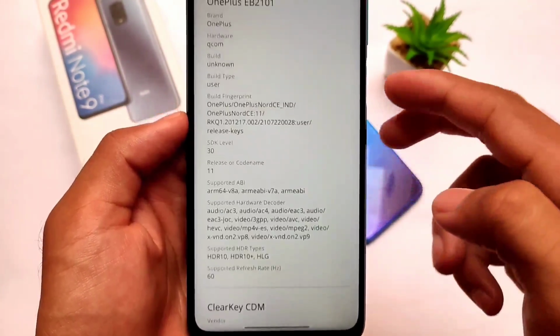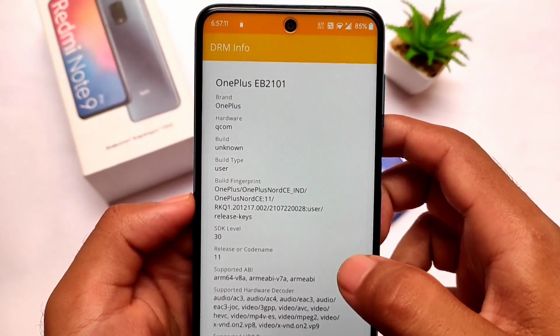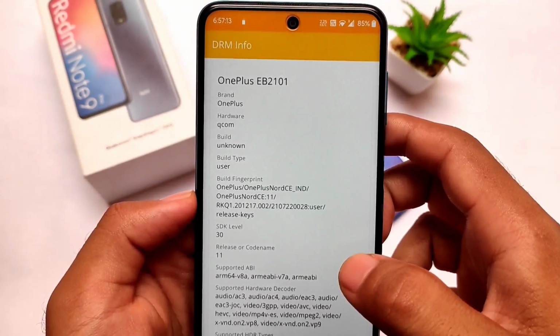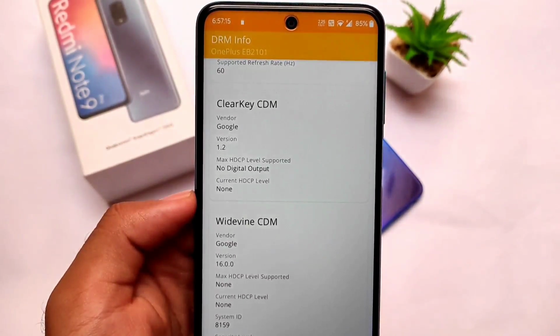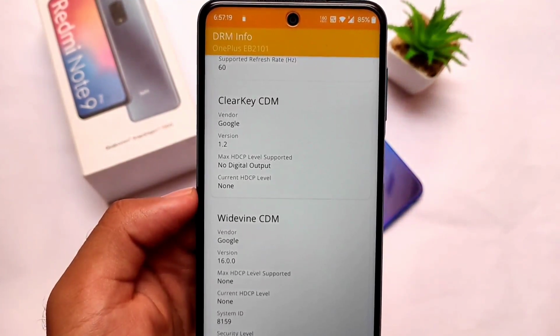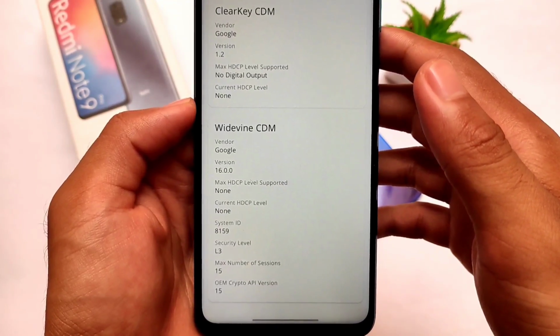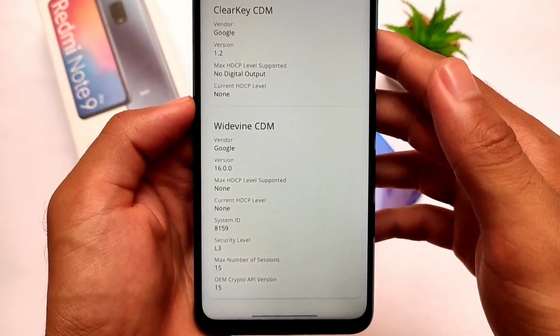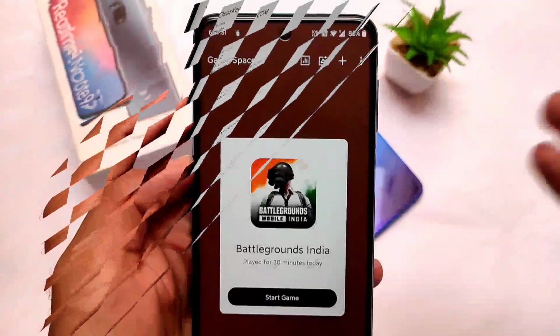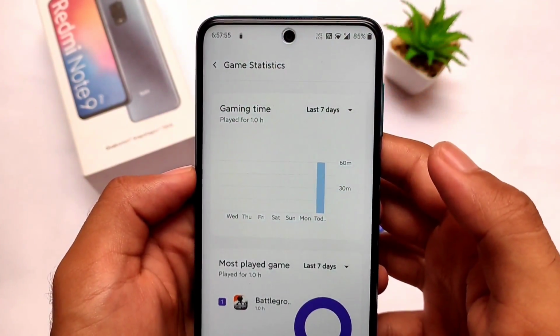In terms of Widevine L1 certificate, unfortunately there is no L1 certificate for me, but you can restore that. I just got a tutorial, so comment below, I'll try to make a video on that one too. But let's just talk about this, that it does not contain the L1. In my case, it's having L3 certificate, but it's not a big issue for me as I don't stream Netflix, Amazon, etc. We can simply download that for free, of course, not talking about that.